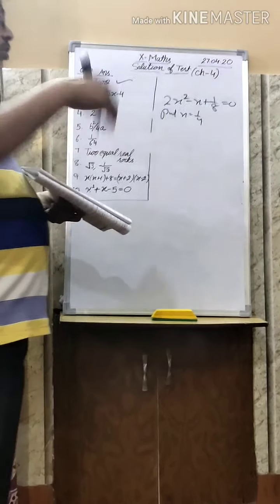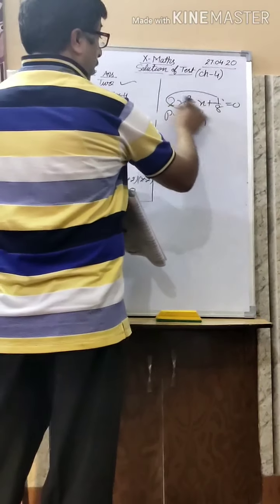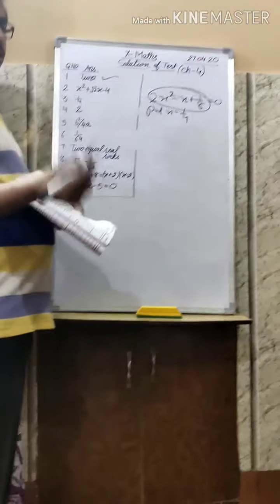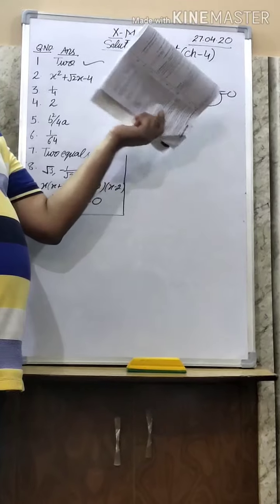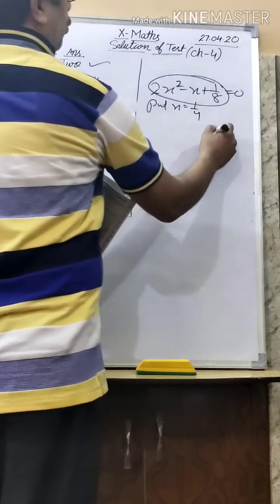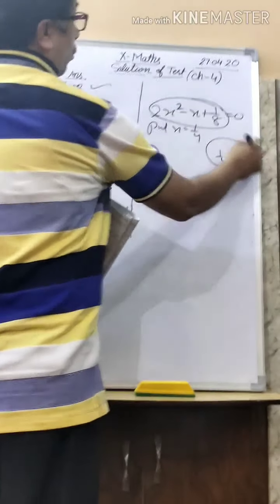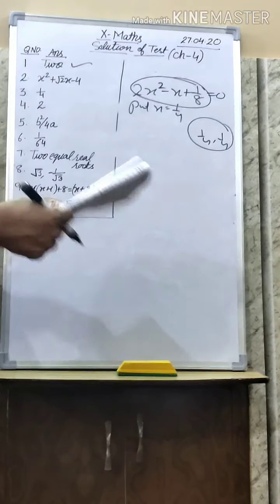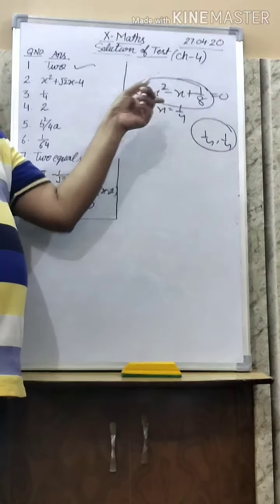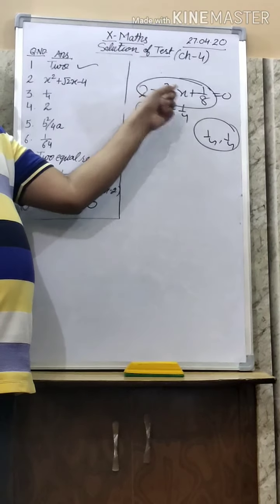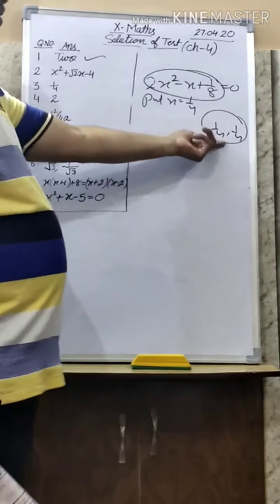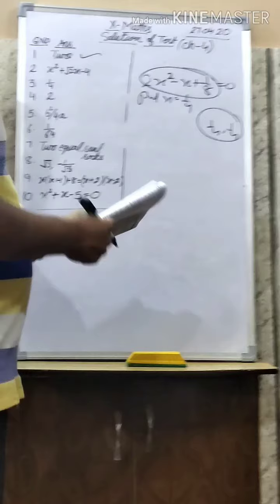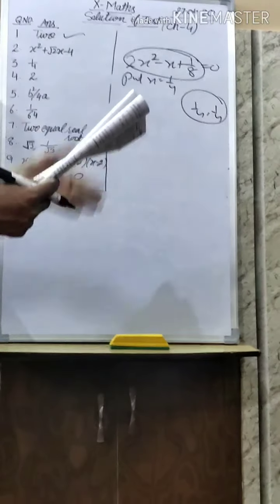Clear this? And there is one more method also. You can find out the roots of this equation by the factorization method, or by the D method. If you solve by the D method or factorization method, you will get the two roots, 1 by 4, 1 by 4. In this way also you can solve. So there are two methods. First, from the options you can put the value, then you get the answer. Or you can use the factorization method or the quadratic formula to find the roots, and then you see out of 2, 1 is there, that is the answer. Clear this? So the direct method also you can apply.